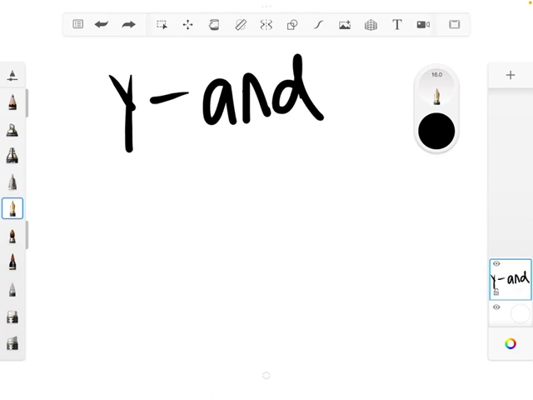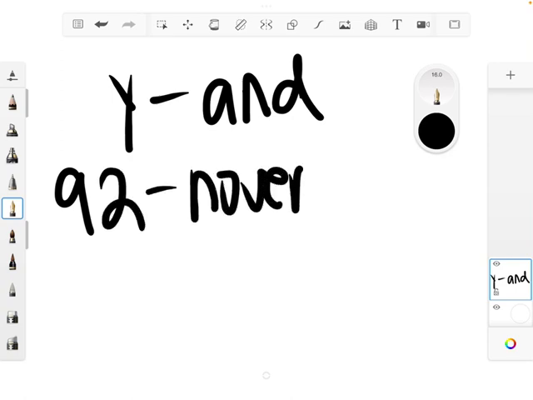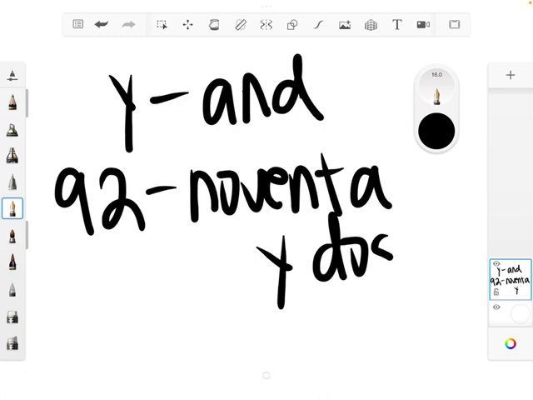So, 92. We go again to the chart. 90 y 2. So you want to make sure that you remember how to, you have to memorize the tens